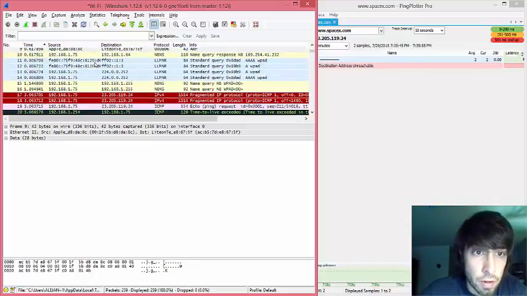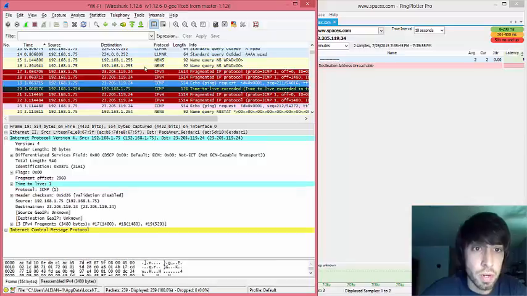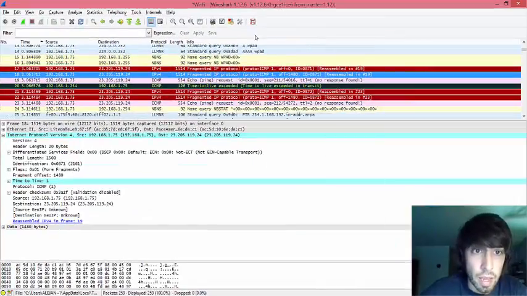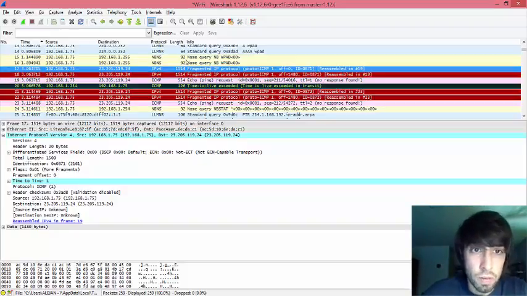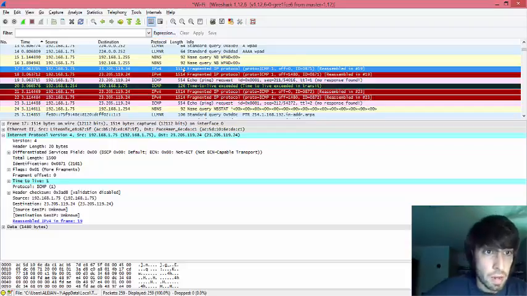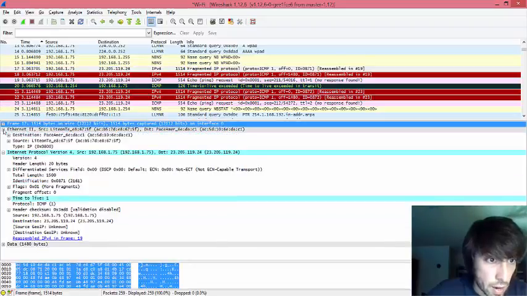So let's see if we can find our first ICMP echo request, which is right here. But if you notice, I have a couple red bars here as well, and it's giving me a fragmented IP protocol. So what does that mean? Well, if we notice in our length here, it goes only as high as 1,514 bytes. We'll notice that when we look at our datagrams here,